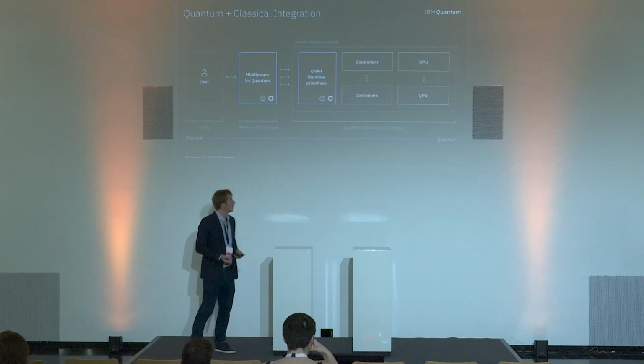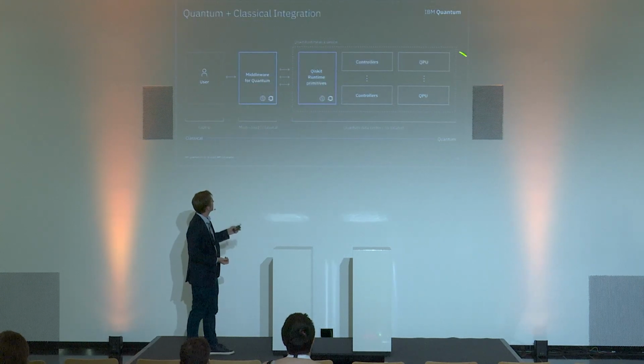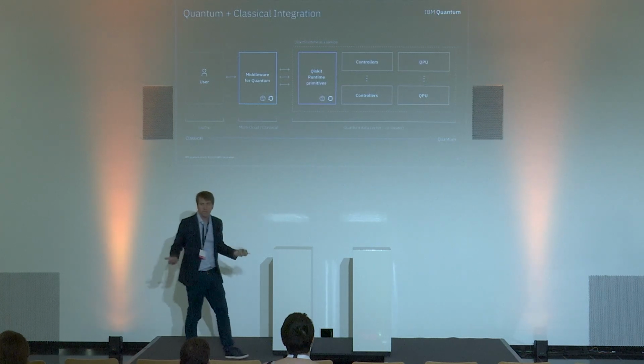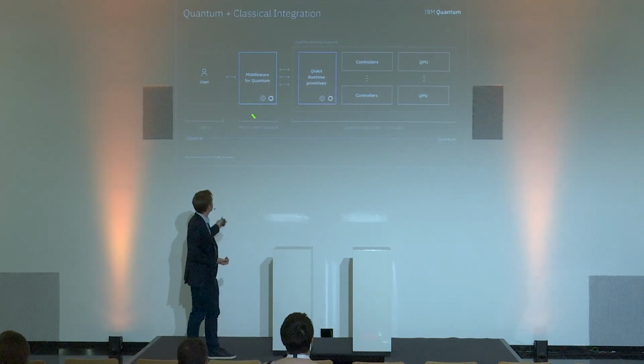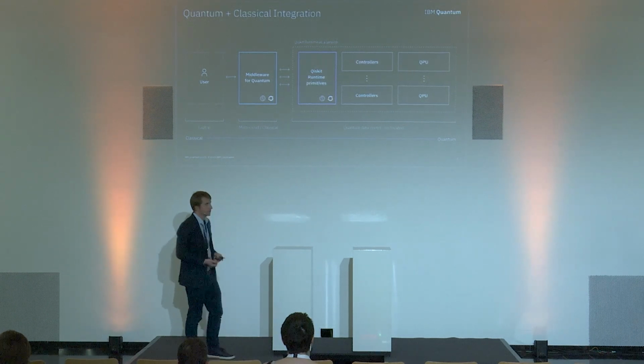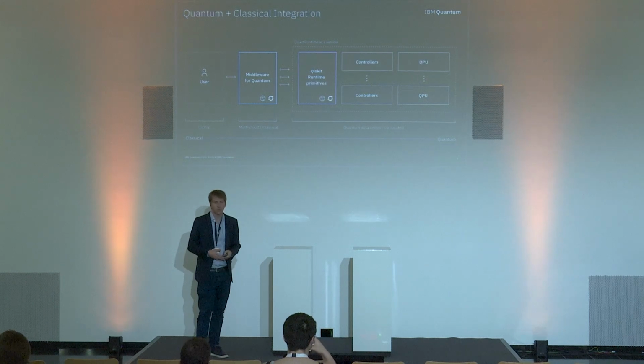So the way that we think about this is the following. We have here our hardware, the QPUs and the controllers, and all of these sit behind the Qiskit primitives, right? And we will see this as the runtime as a service. And now the middleware is the abstraction layer that sits on top of the primitives here. And so going forward, when people will want to run on these systems, you will start to interface a lot more with the middleware.